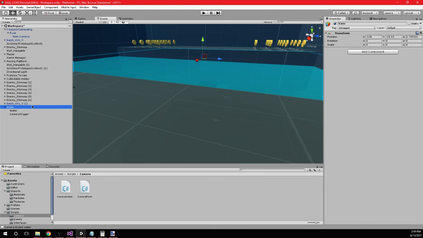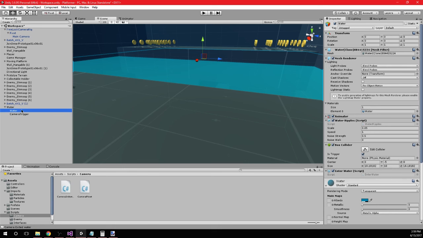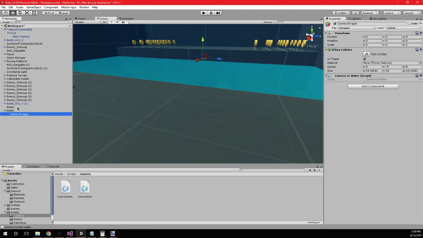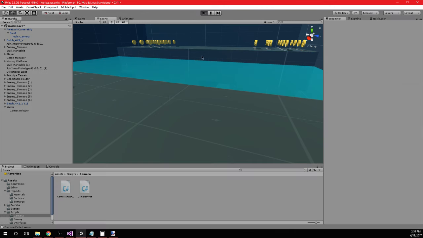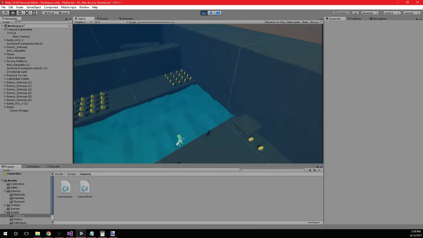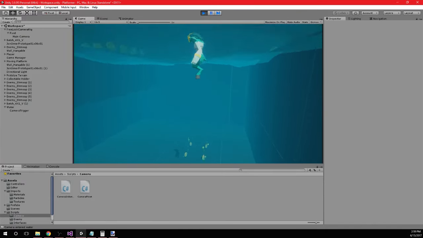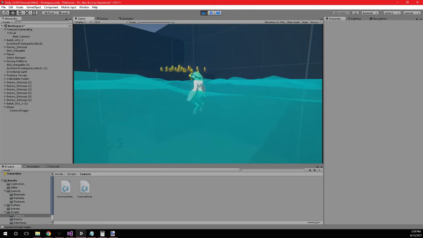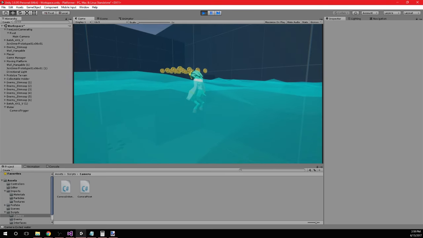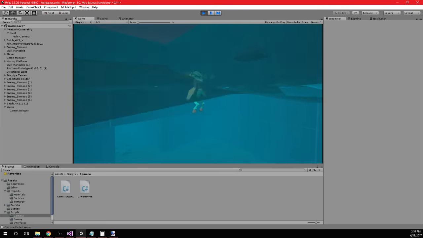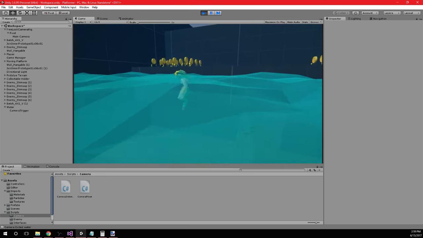Why would I need this empty here? I don't. If I did it like this, this should give me the correct effect. There we go. It still doesn't solve my issue though. The water is so